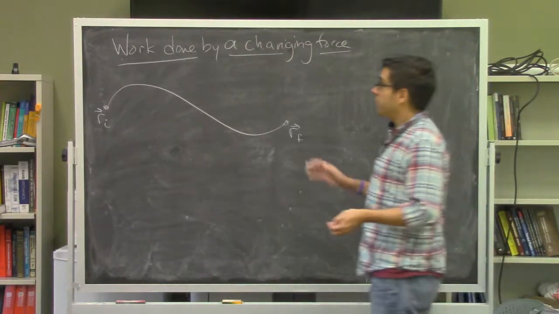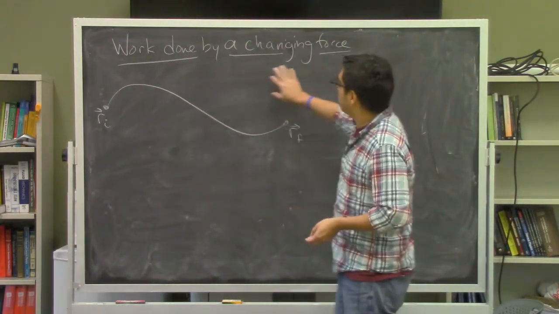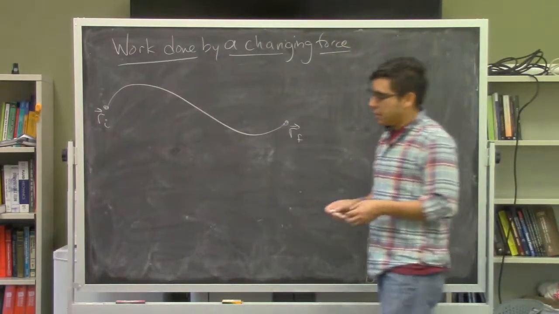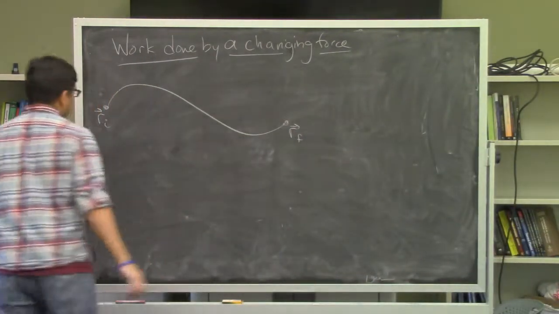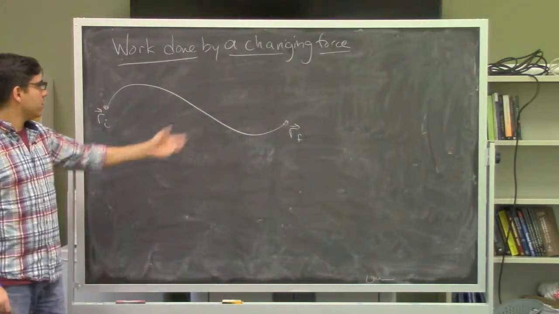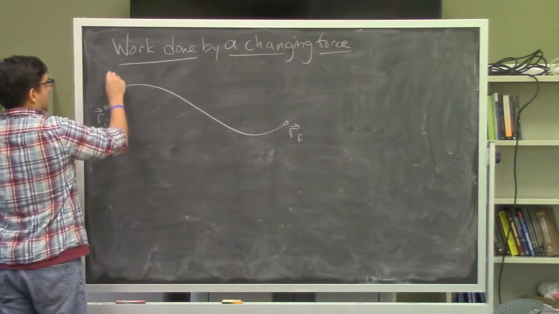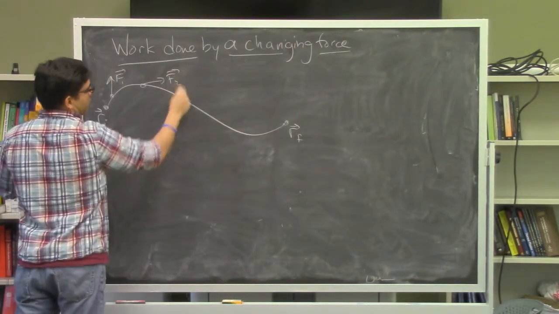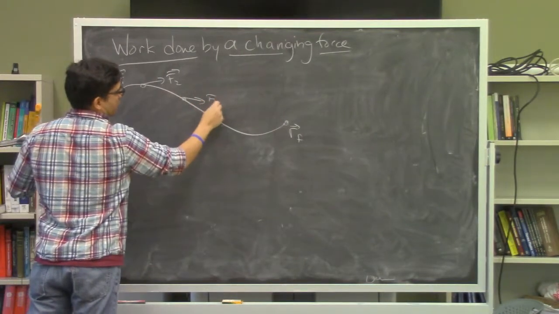Okay, in this last video about work, we're going to talk about the work that's done by a force when it's changing as a function of time or position. And so you can imagine that you have some particle trajectory, some path that the particle travels through, and at each point, the force that acts on it is just slightly different. And it's sort of continuously changing,